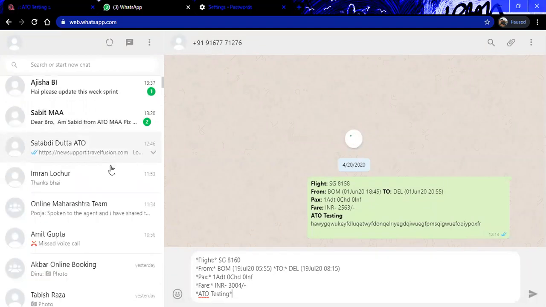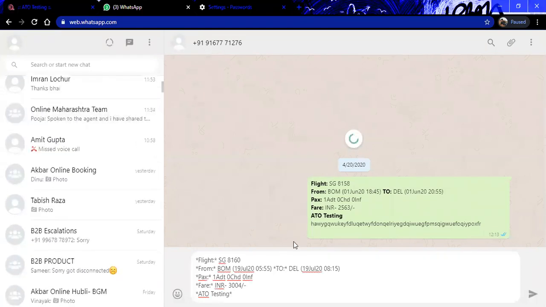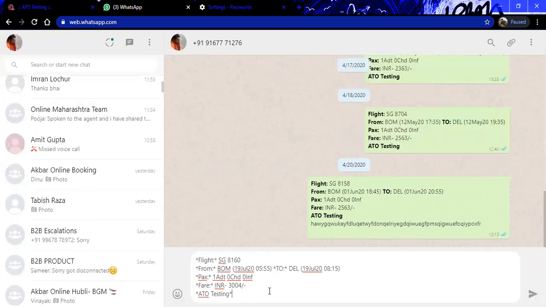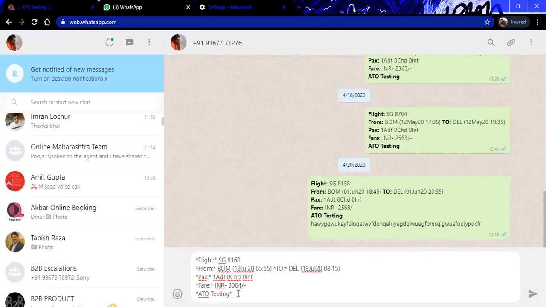Here, the message you need to send to the concerned contact, like a client, is shown over here. If you wish to edit anything, this is the agency name, this is the fare, this is the passenger type, this is the departure and arrival destination, date and timings, and this is the flight number.